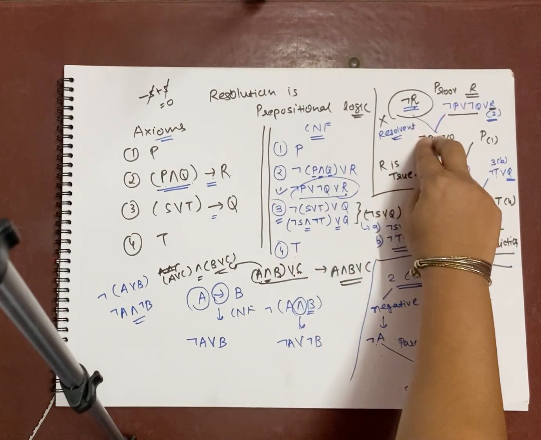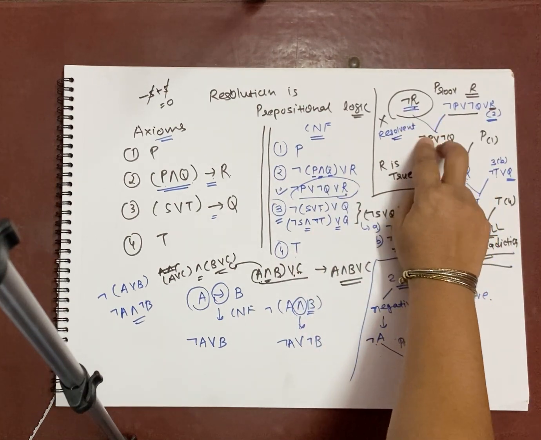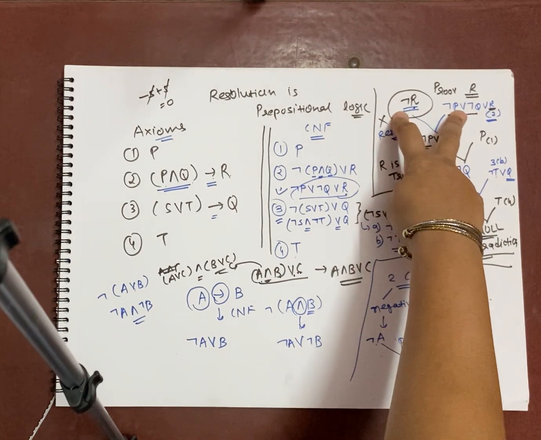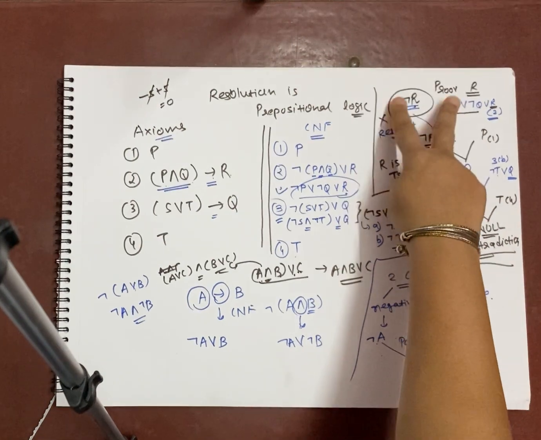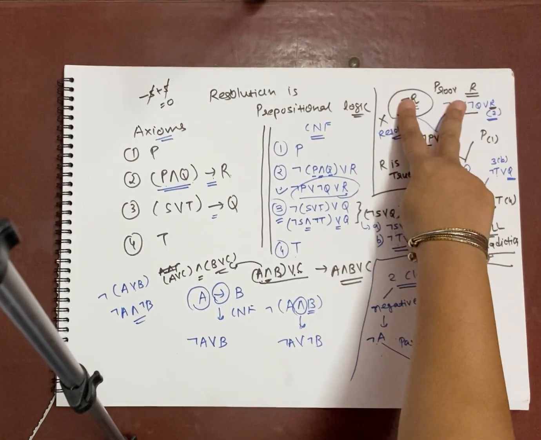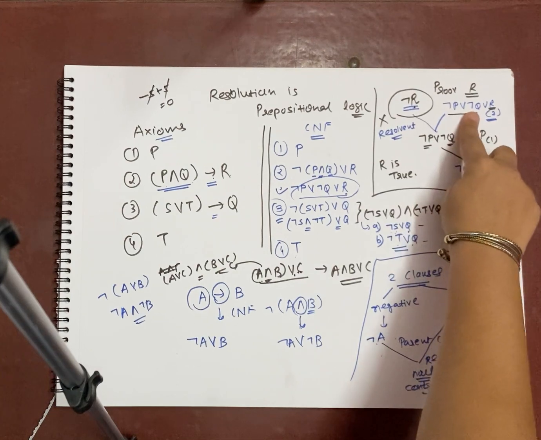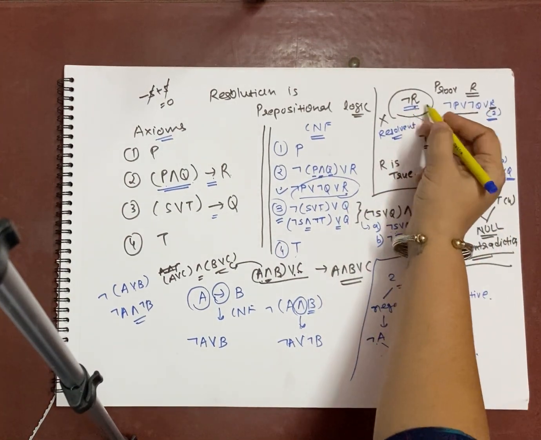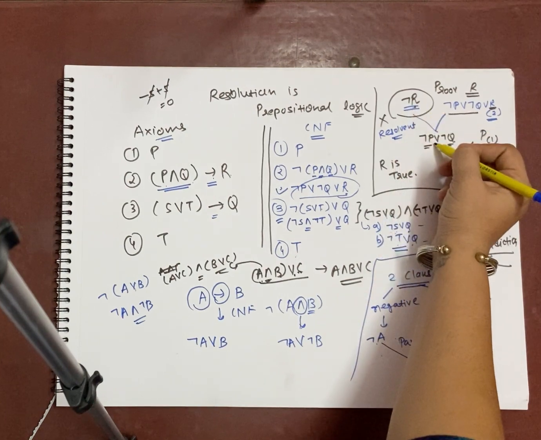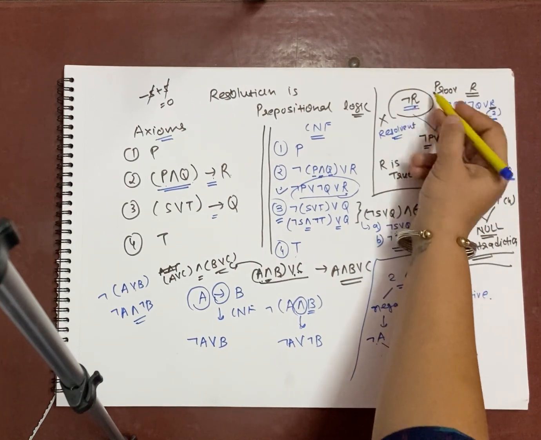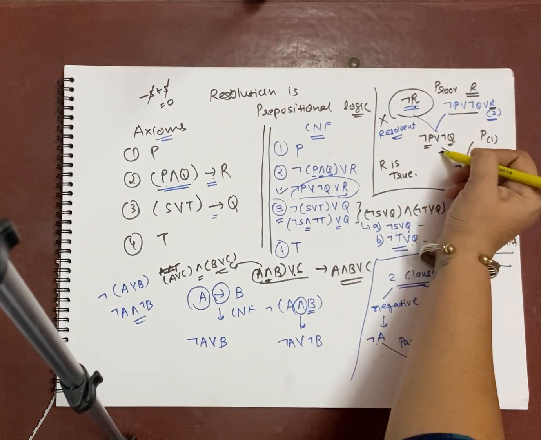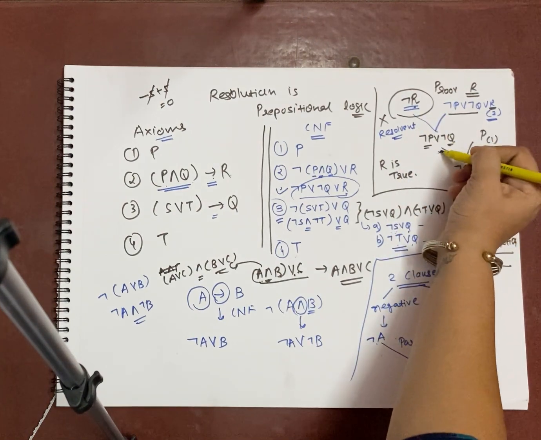When you apply resolution, what is going to happen? The contradiction is going to be cancelled out from both parent clauses, and whatever is remaining in both parent clauses, let me repeat, all the remaining things will be put all together. See, in our case here it is not R only, it has nothing which is going to be added to the resolvent, but if you have anything in this clause also, then that is also going to be added in the resolvent with OR. We'll see such examples, so it will be more clear.